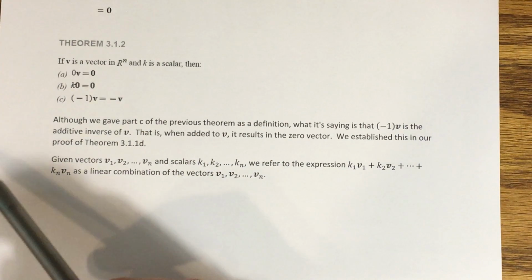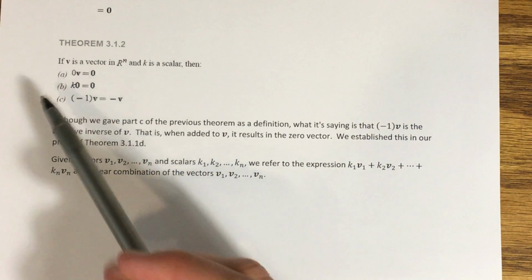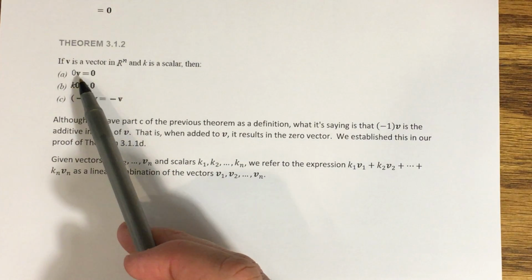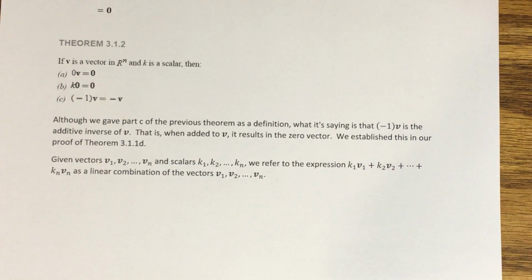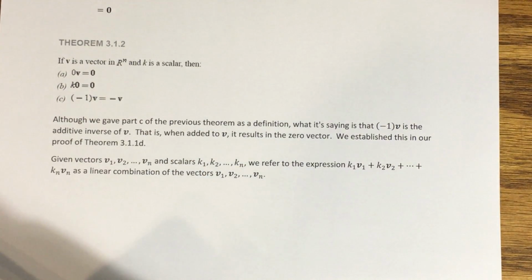I'm not proving any of these because they're incredibly easy to prove following similar steps as above. You can see that if you put a vector in component form and multiply all of its components by 0, then all of those components will become zeros, and that's what the 0 vector is. So this is not even really worth spending time on. Okay, so